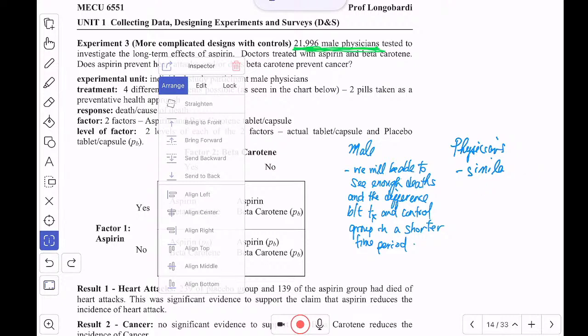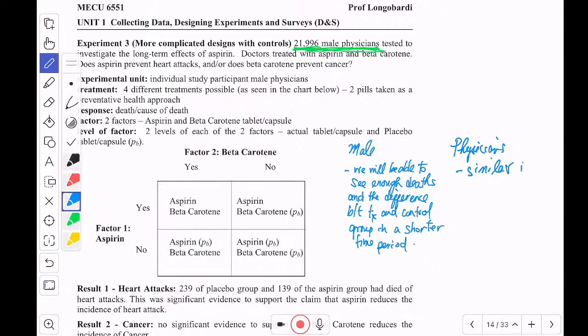They are similar in risk factors for heart attack. And we're talking about fatal heart attack, because we're looking for deaths. So I would say they're more similar than